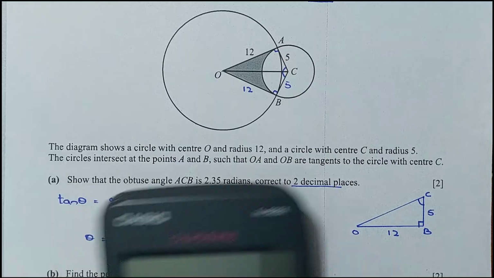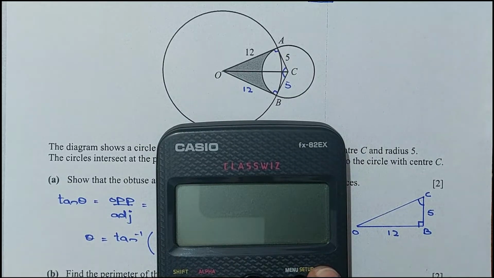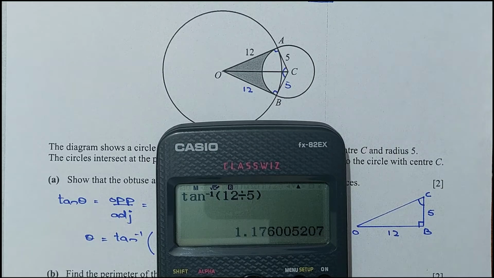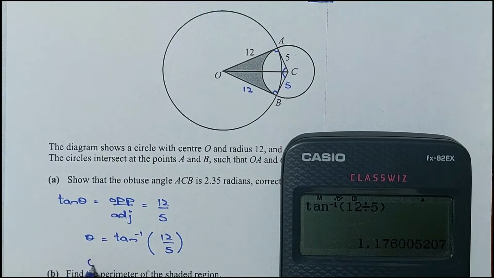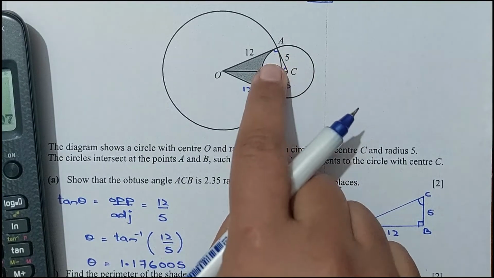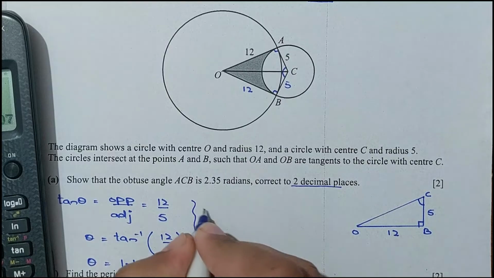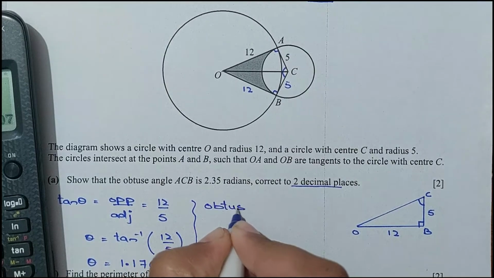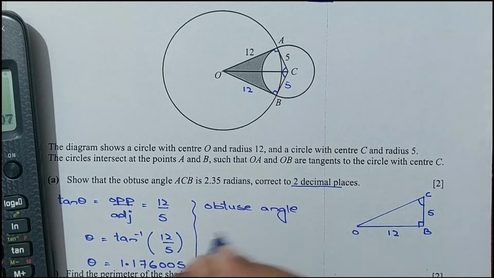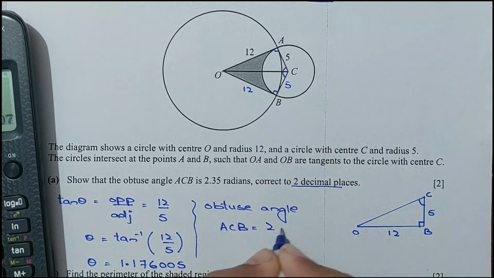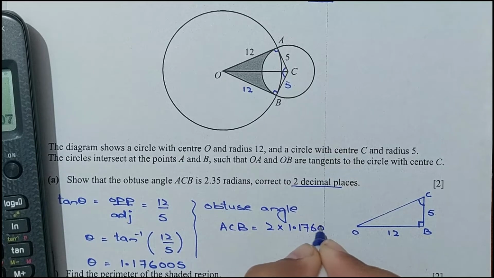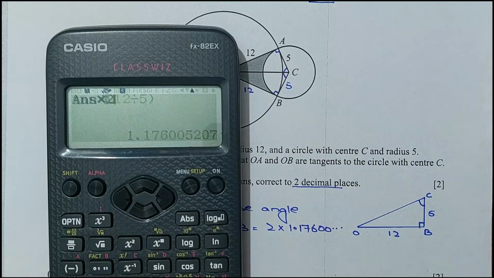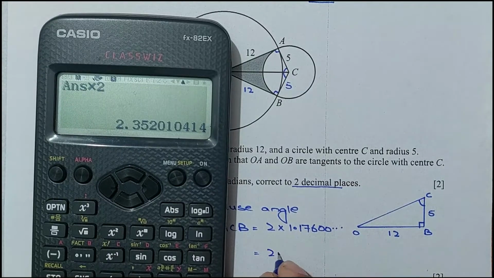Let me solve for theta. So it should be in radians. Tangent inverse of 12 by 5 is 1.176005 radians. So this other one is also the same. So we can say the obtuse angle ACB is 2 times this angle, 1.17600. Right, so times it by 2. So this answer is